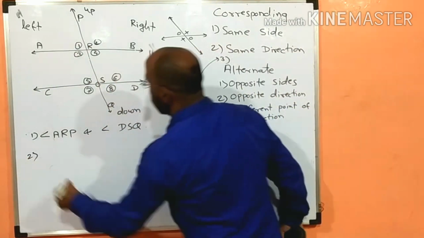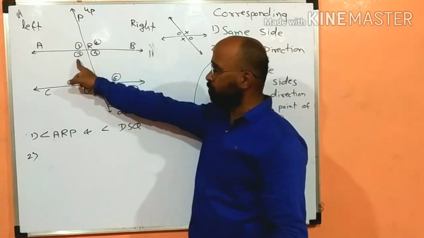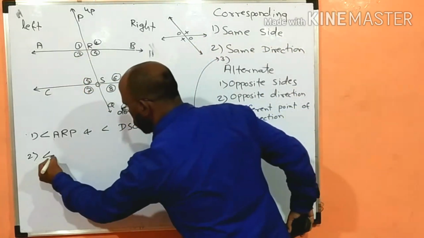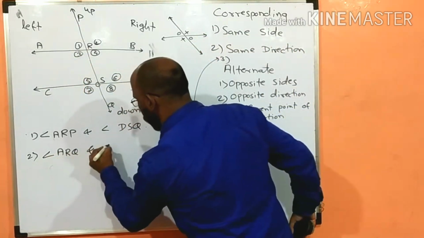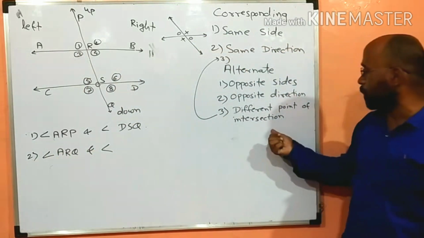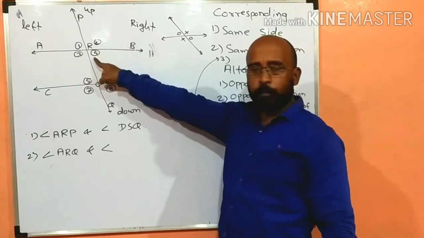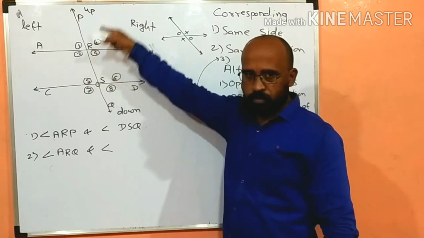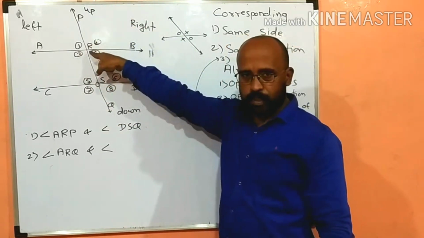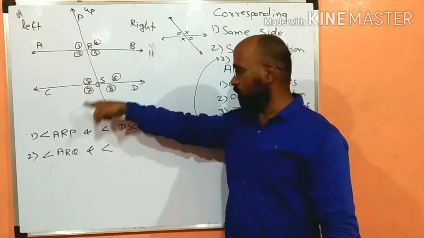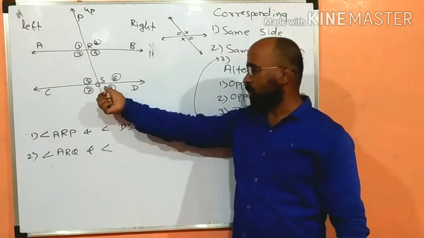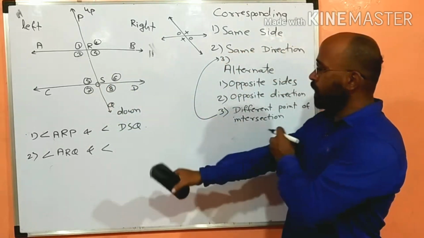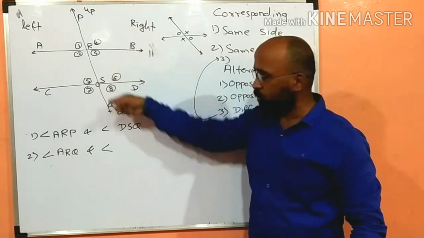Let us see next angle. Suppose next angle is angle number 3 or angle number 2, you can take anyone. Suppose angle number 3 is angle ARQ. We have to find its alternate angle first. Let us see on different point of intersection. ARQ is at point R, so we have to find its alternate angle at point S, different point of intersection. Here all these angles are intersecting at point R. Here we have to see at point S. So first come at different point of intersection, means let's come at point S. Clear? ARQ. Then here there are two angles, angle DSP and angle DSQ. Let us see their directions.